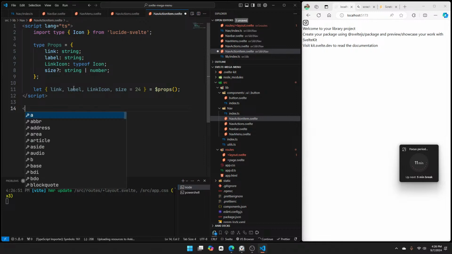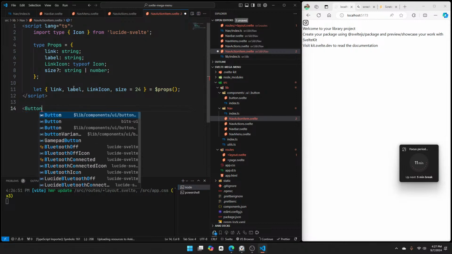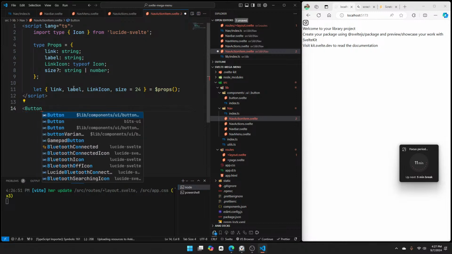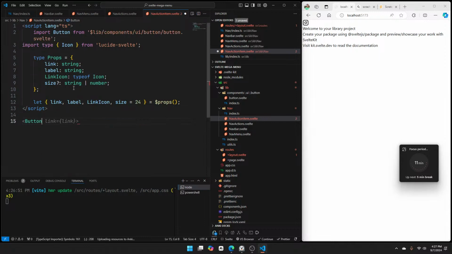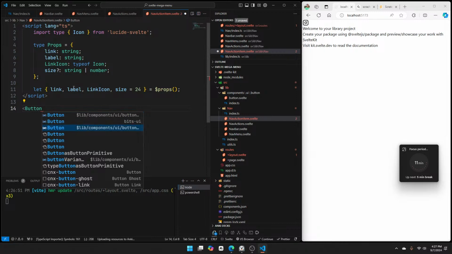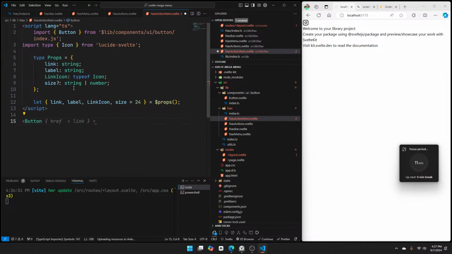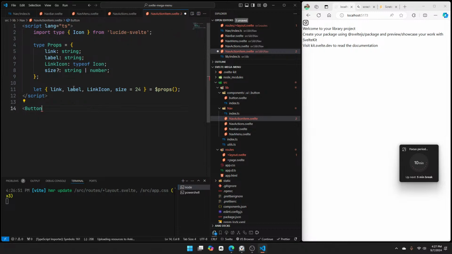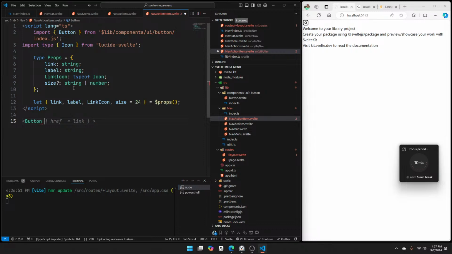Okay, I actually haven't set anything up, so I'll need a button, and I can get that from somewhere. Which one should I import it from? I don't even understand that. Should it be imported from index.js or from somewhere else? I think that is confusing. But anyhow, we're going to have a button,